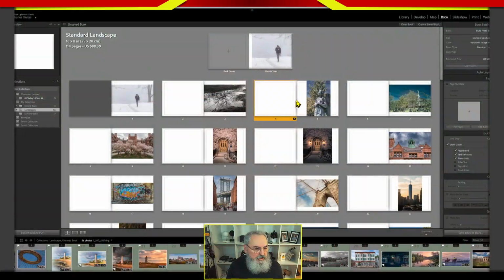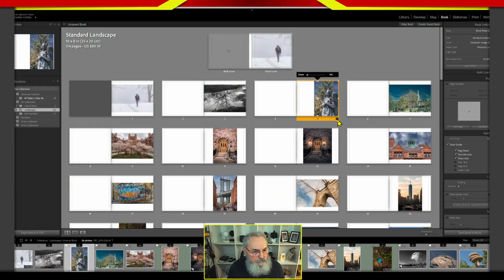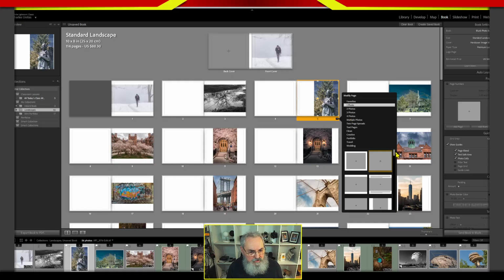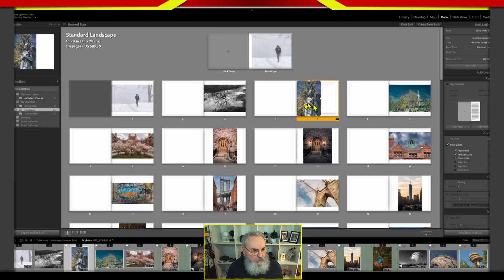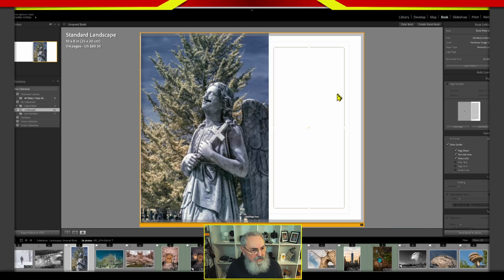If you want to change a template here, we just change it. Here's one with a photo on the left and text on the right. And then you would have to just go ahead and